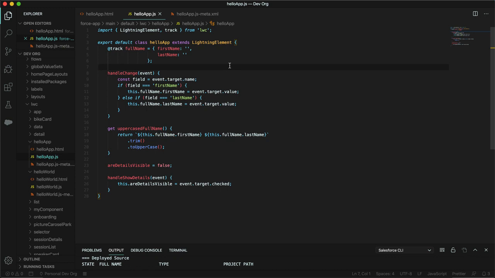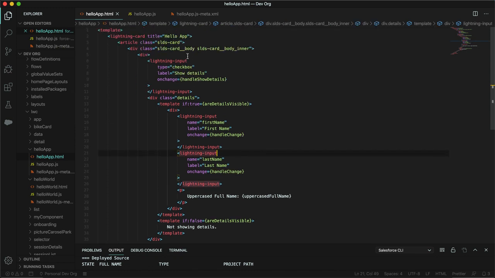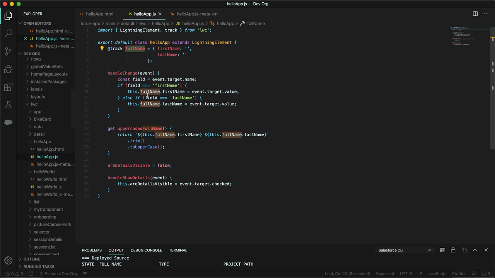Whenever you typed a letter in, it capitalized it and put it down at the bottom. So we're tracking full name, and as you can see on here, full name is referenced a few times, and within this full name object we've got first name and last name. So whenever the handle event gets fired, so that's whenever you type a letter into those first name and last name boxes,